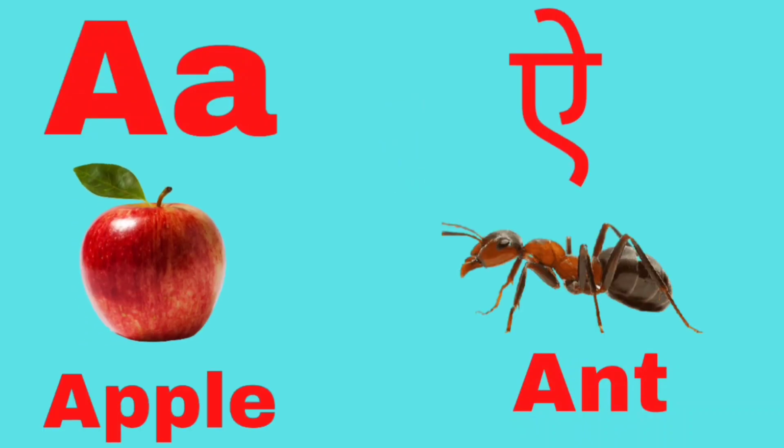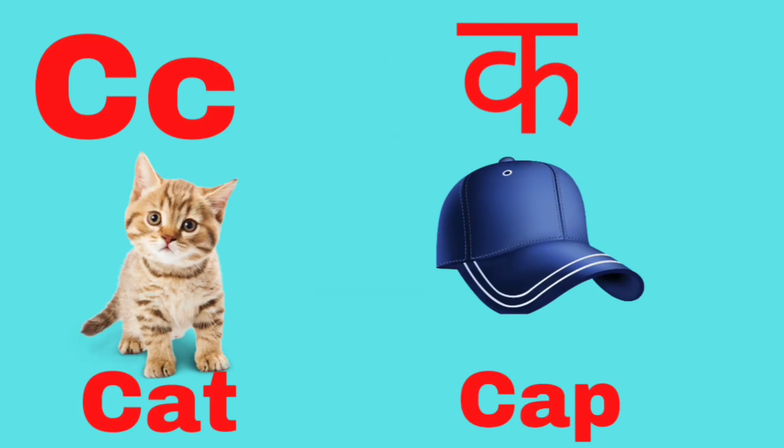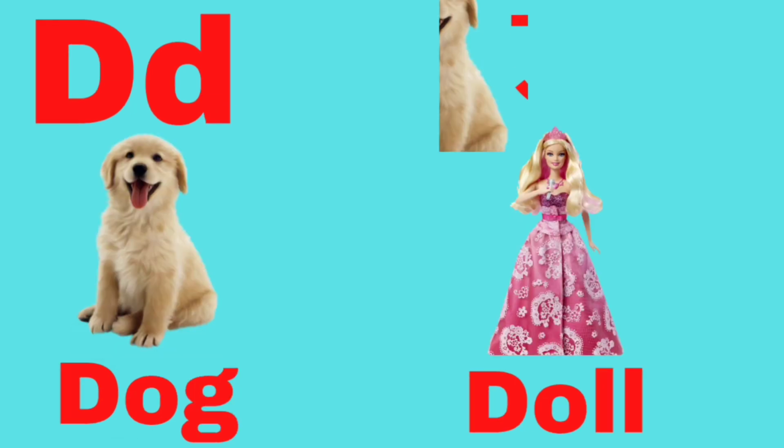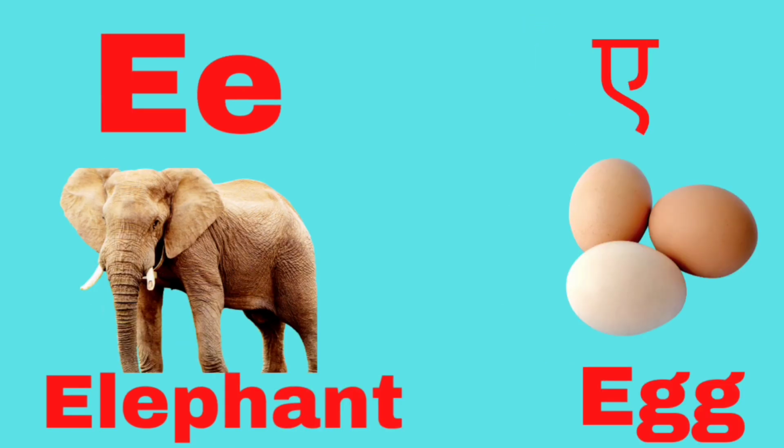A for apple, A for ant, B for ball, B for bat, b. C for cat, C for calf, k. D for dog, D for doll, d. E for elephant, E for egg,